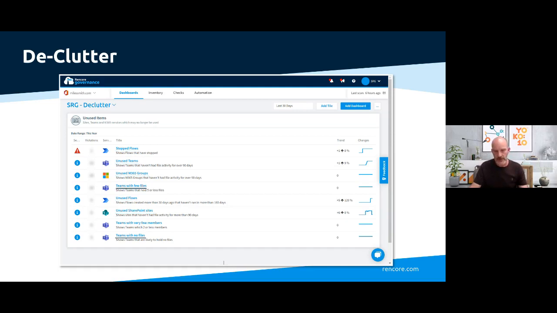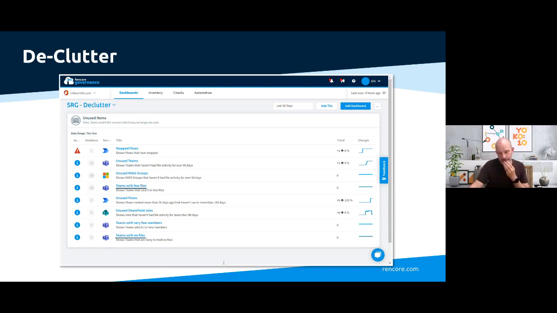Next, we've got teams with few files or teams with no files. If we've got people creating teams and they're not storing files in there, or they're storing very few files, yes, they may be there for a good reason, no doubt about that. But people might also be creating these teams and not using them efficiently. They might be creating teams just to use for chat. Well, is that the best use of a team? Are there better alternatives available? By flagging these within the dashboard, it allows Greg and his team to potentially contact the team's owners, have a chat with them, and see if they are actually using the tools the correct way and if a better alternative can be offered.